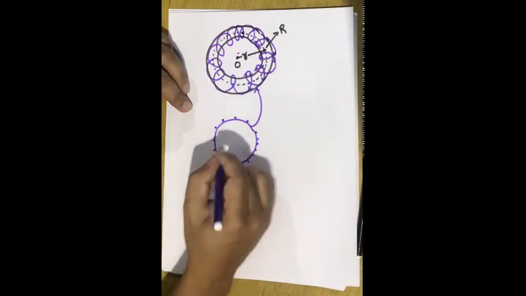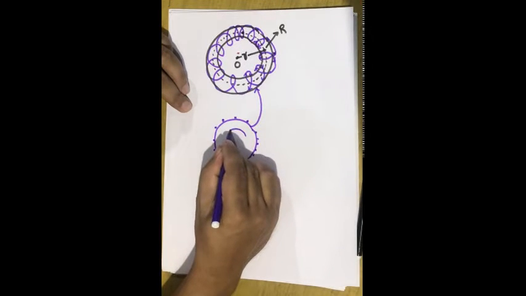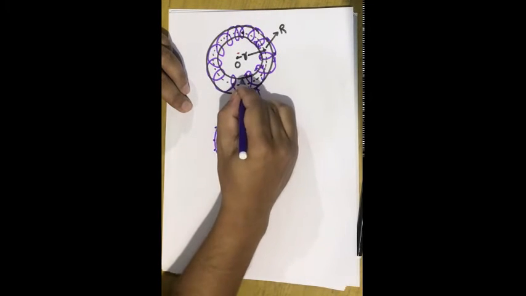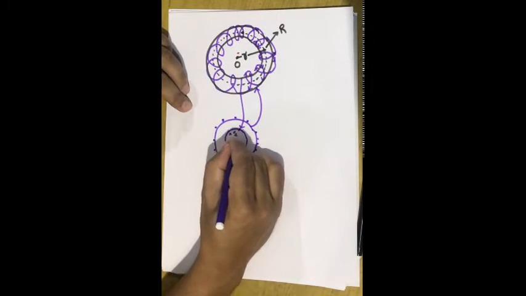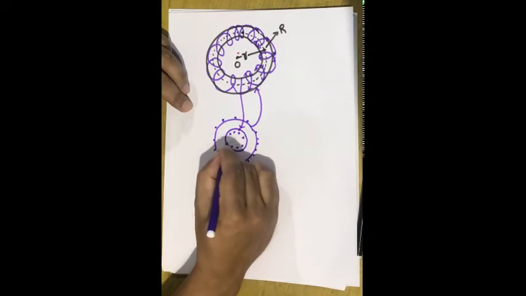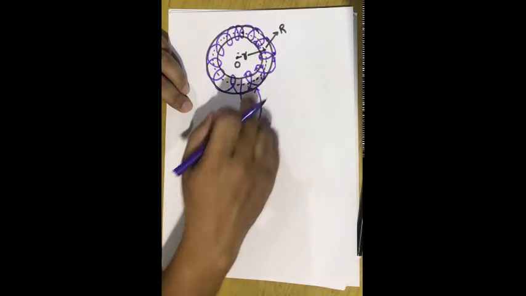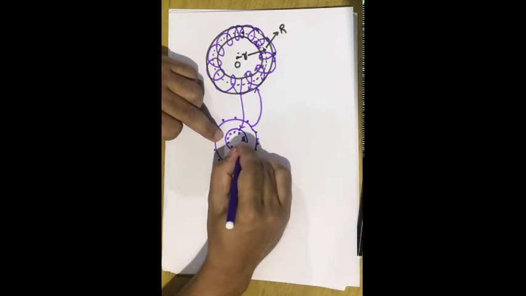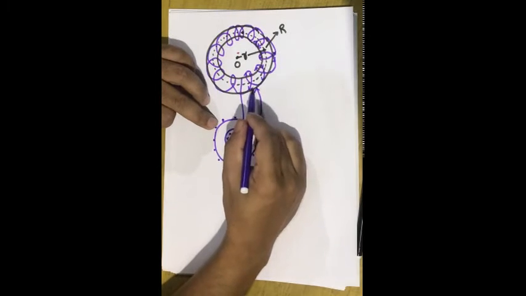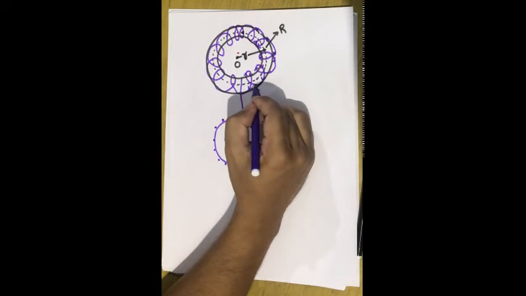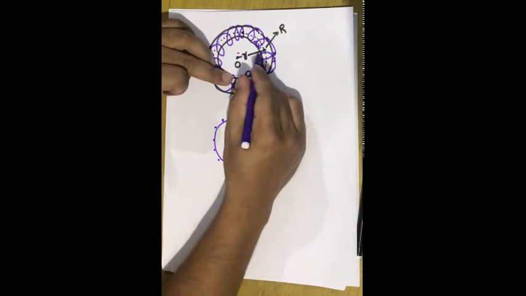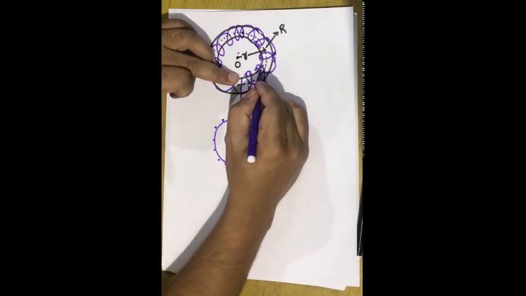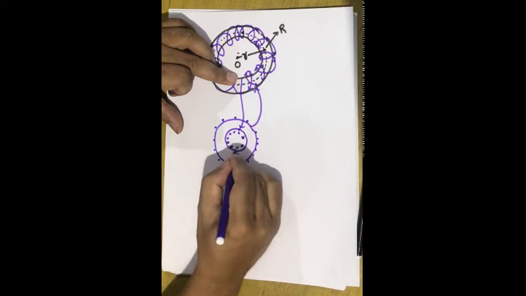Okay, so if I plot this here, this corresponds to this region, and here it seems like the current enters into the surface. So I put it as a dot sign. This orientation is important. You have to understand the meaning. As you see on this surface, it feels like the current is coming out of the toroid. So this part I have put a dot sign, and on this inside surface, it feels like the current is entering into the surface. Therefore, I just put a cross sign here.